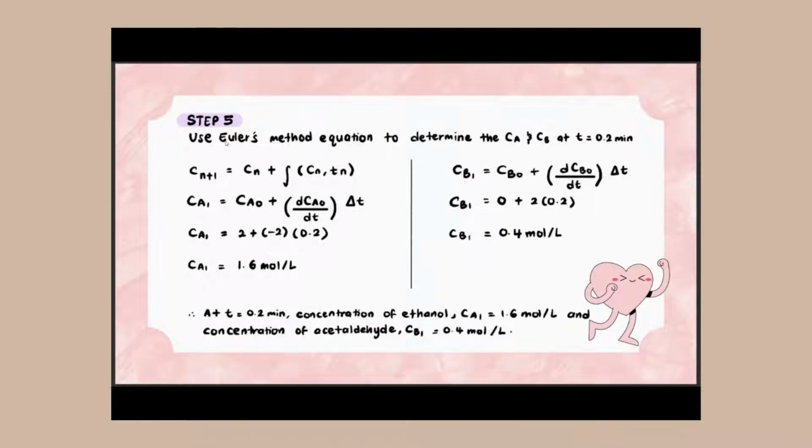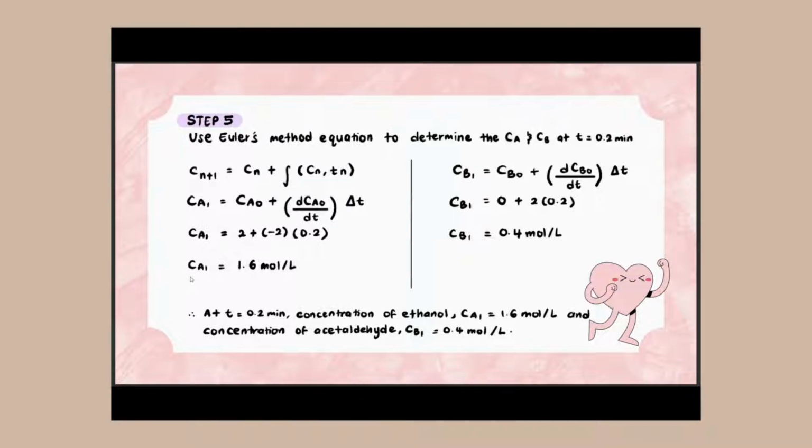For the next step, step 5, we will use Euler's method equation to determine the Ca and Cb values at t equals 0.2 minute. The formula that will be used is Ca equals Ca naught plus dCa naught over dt times delta t. Ca1 will be 2 plus -2, which is the value of dCa naught over dt that we calculated before, times 0.2, which is the value of delta t given by the question. After all the values have been inserted and calculated, the final answer will be 1.6 mole per liter